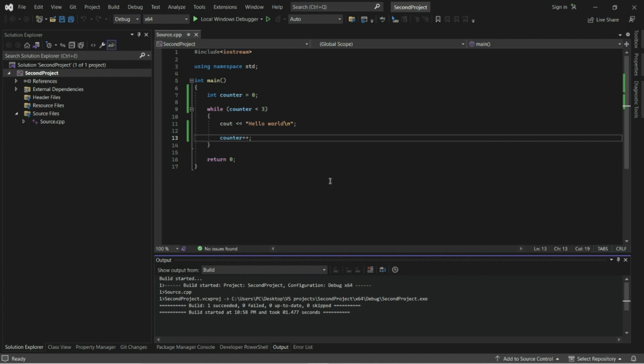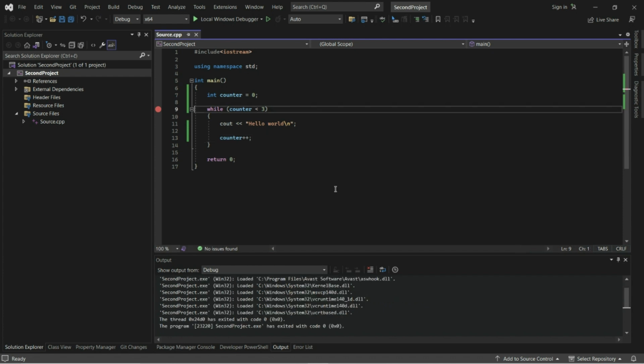You can check that using breakpoint. Breakpoint is a powerful tool in Visual Studio which allows you to monitor your program. To use breakpoint, left-click on the line of code from where you want to start monitoring your program.